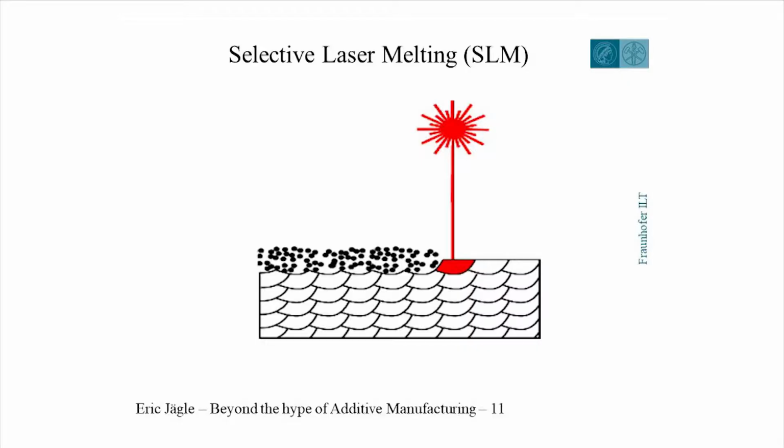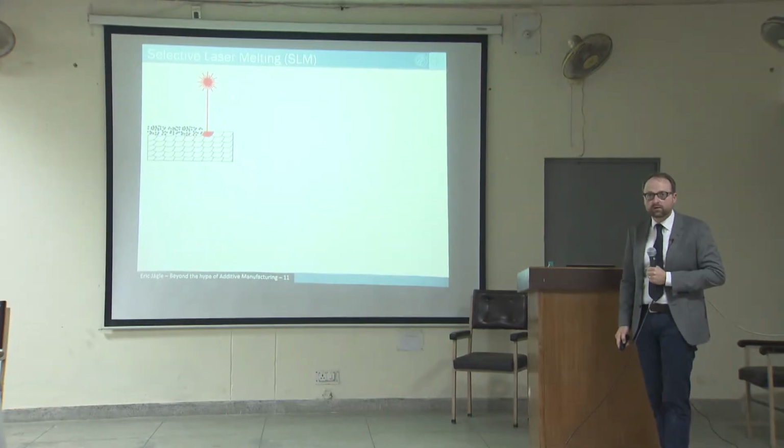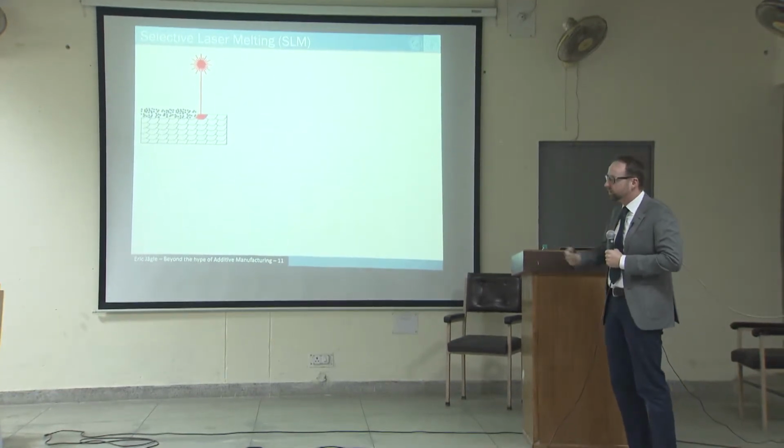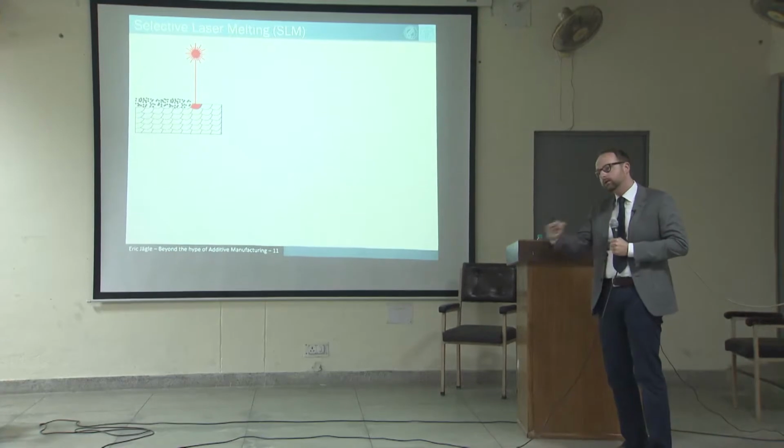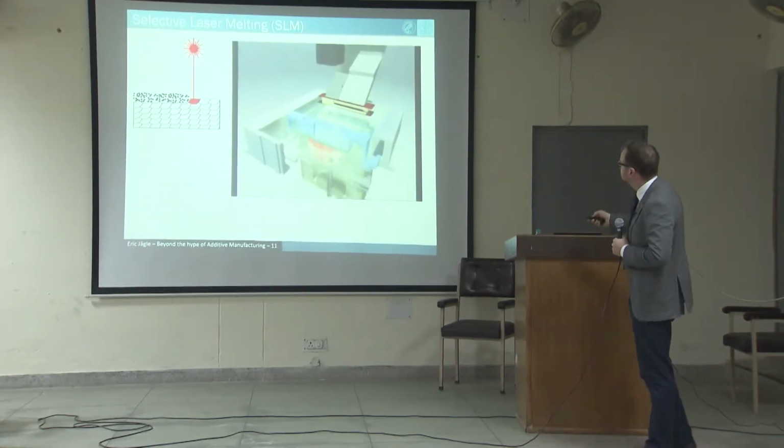Now, selective laser melting is the second process that I want to show you in a bit more detail, and this is the process that we use in the lab to make metallic parts. So you spread a very thin layer of metal powder, typically 30 to 50 micrometer in height. You spread it on a substrate or on your already existing part, and you use a laser to generate a melt pool locally where you want to melt it. Yeah? So this laser beam is scanned using movable mirrors across the powder layer, and thereby you build up your part. Of course, you repeat again a new layer and so on. And you can see this here in this little movie.